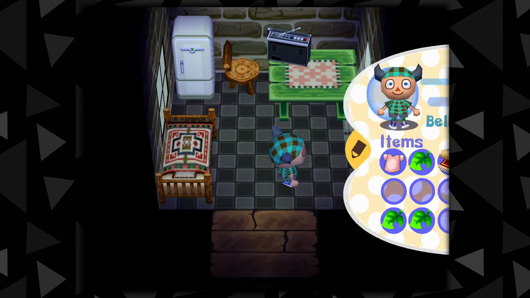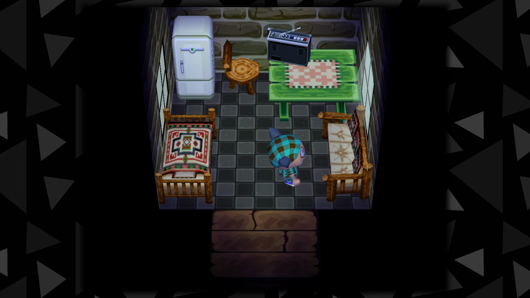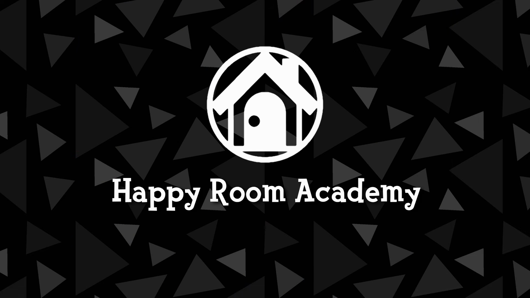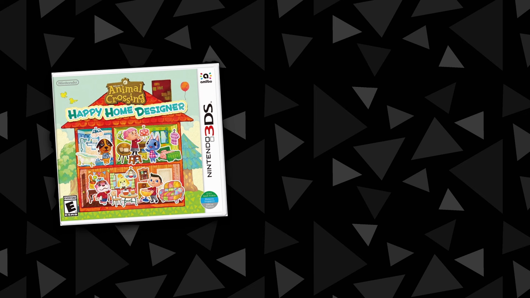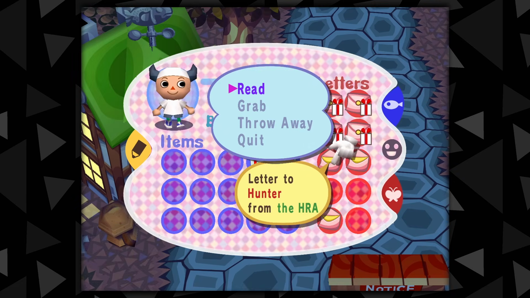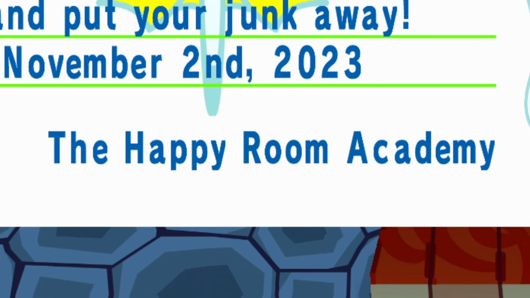For the unfamiliar, the Happy Room Academy is an association that scores your player house interior based on the type of furniture you own and their layout in your home. In later games, the Happy Room Academy was rebranded to the Happy Home Academy and even got a few spin-offs in the form of Happy Home Designer and the New Horizons DLC Happy Home Paradise. But this little association got its origins in the original GameCube game under the name Happy Room Academy, or HRA